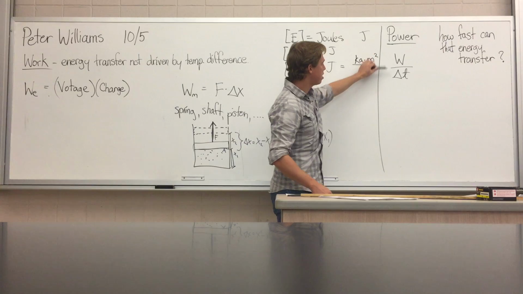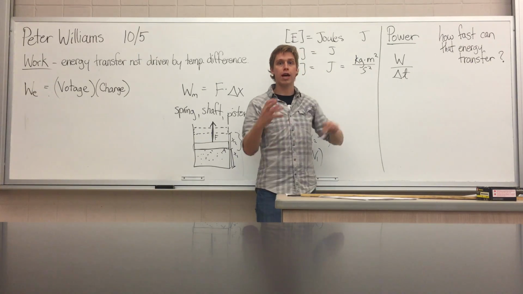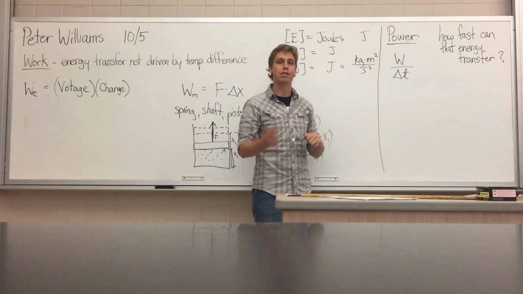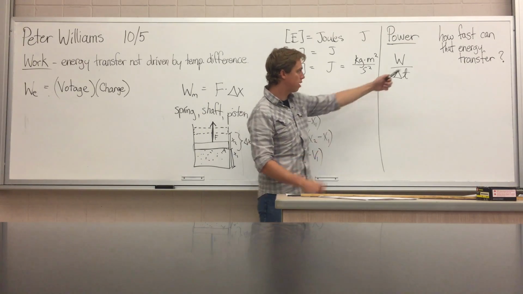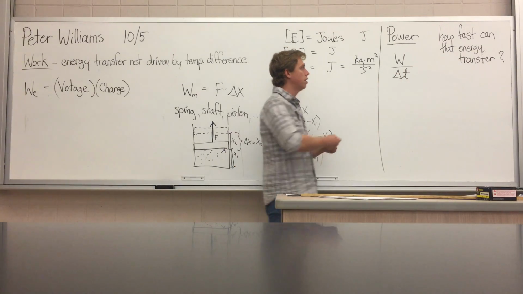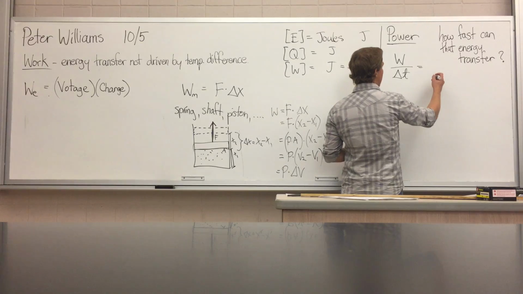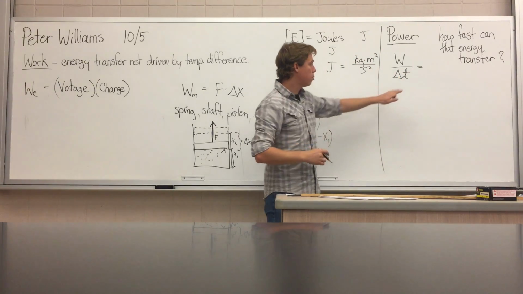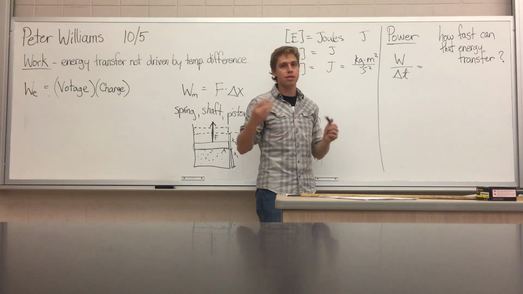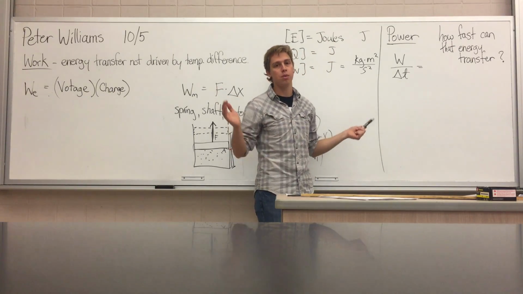So what I'm literally calculating here is how much energy got transferred, that's work, and divide it by how much time did it take to transfer that energy, right? I'm answering this question, how fast can the energy transfer? And this is power. Now, in some classes we use P for power. In this class, P is taken for pressure. Capital P we've already used.